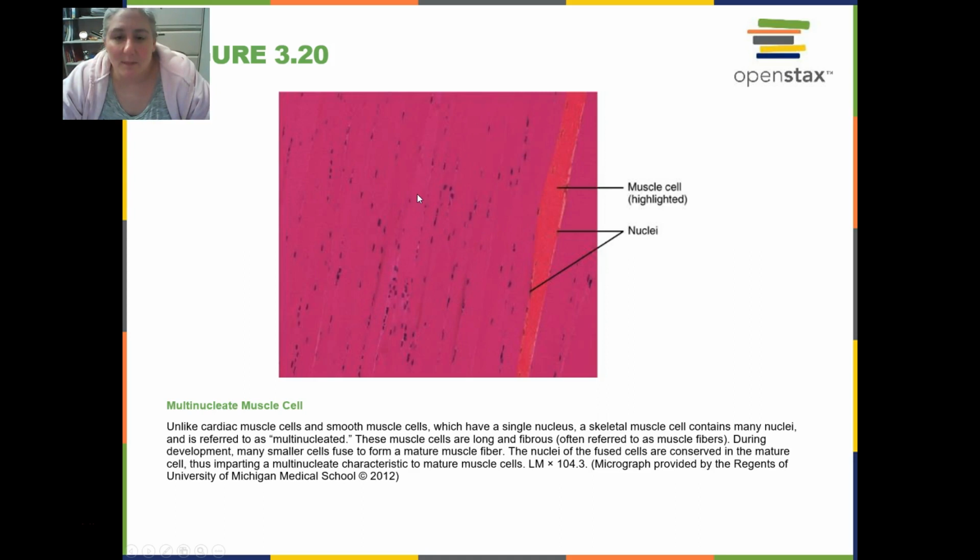In the human, most cells are singly nucleated, so they have one single nucleus per cell. But there are some examples, and the best example is the skeletal muscle is multinucleate. So here we have one single muscle fiber highlighted, and you can see there's one nucleus, there's another nucleus, there's a nucleus, there's a nucleus, there's a nucleus. So there's lots of different nuclei within this one single cell. You can see them up here as well. So skeletal muscle is multinucleate,